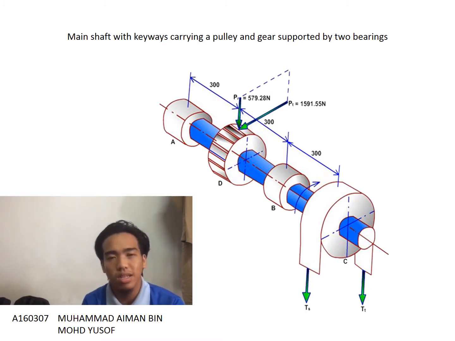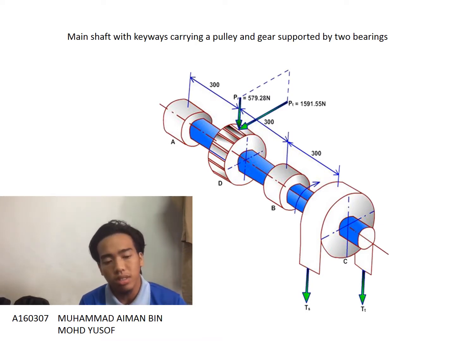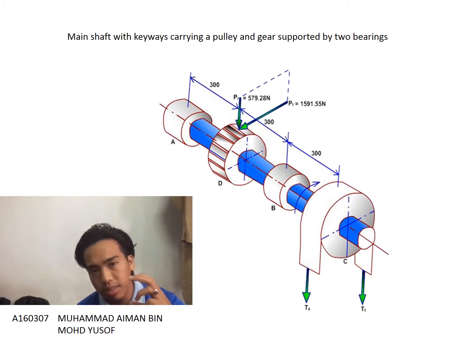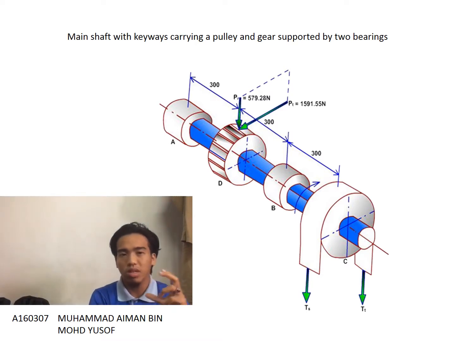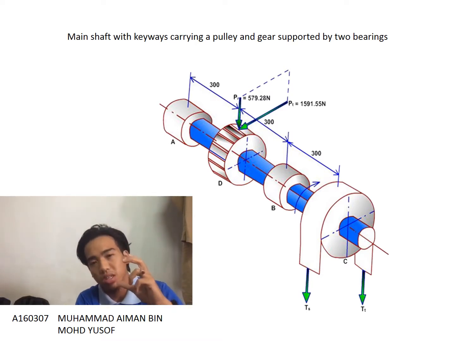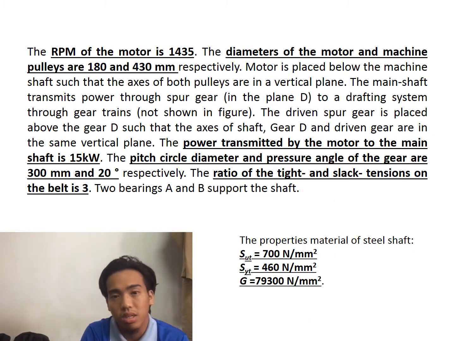As you can see, the blue one is the shaft. The distance between the components is 300 mm, and point D is the spur gear. Above the driving spur gear, there is a driven spur gear that we connect to the motor. The motor rotational speed per minute is around